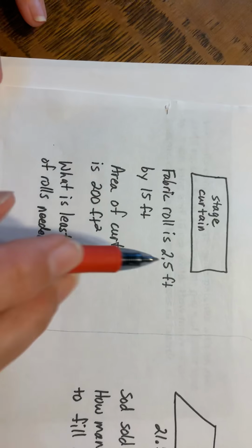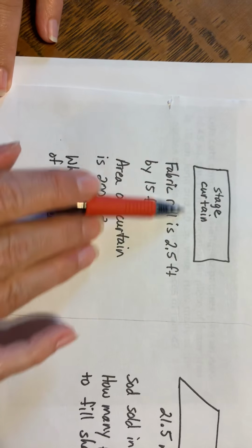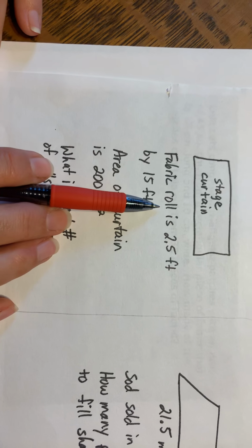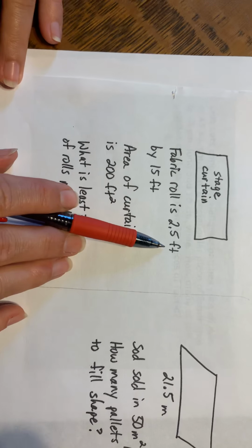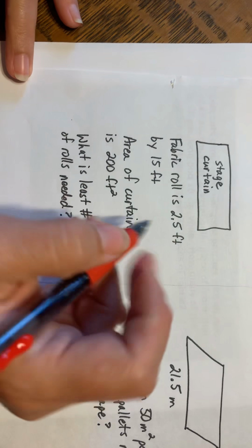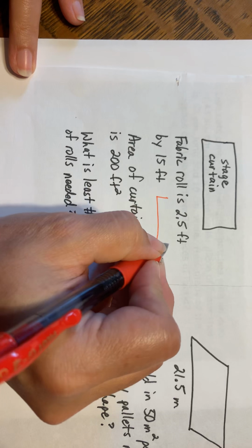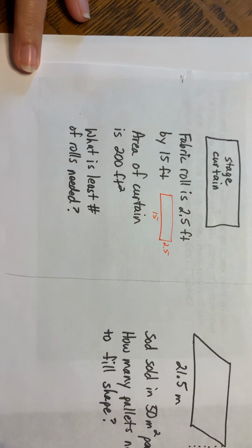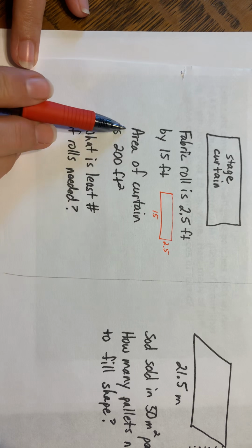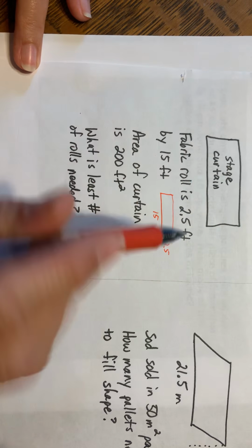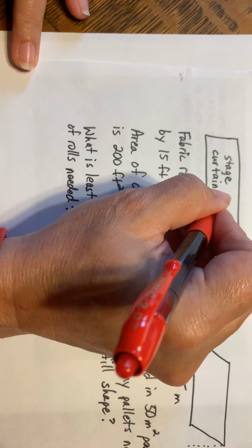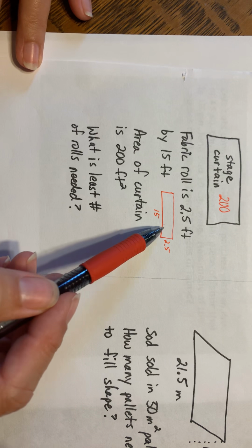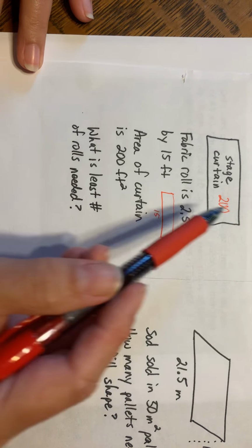This one right here, they're trying to make a curtain for the stage, and they can buy a roll of fabric. So a roll of fabric is 2.5 feet by 15 feet. So let's say here's the roll of fabric. So it's 15 feet by 2.5 feet. So the area of the curtain, so this whole curtain up here, the area of it is 200. And they want to know how many of these rolls of fabric do we need to buy to make this